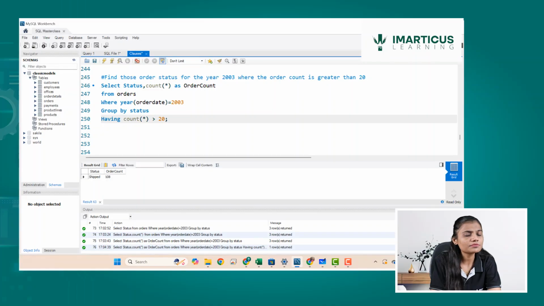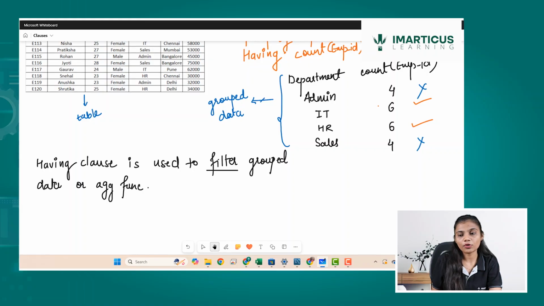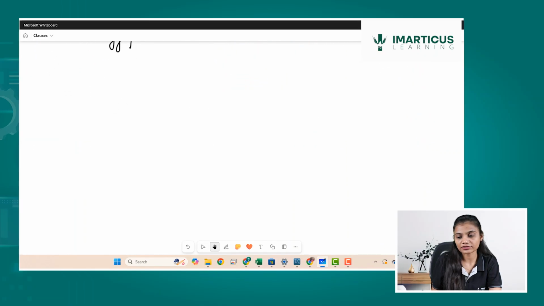Let's see the simplistic difference between a where clause and a having clause, and when we preferably choose a where clause and when we preferably choose a having clause. So let me write the difference over here.